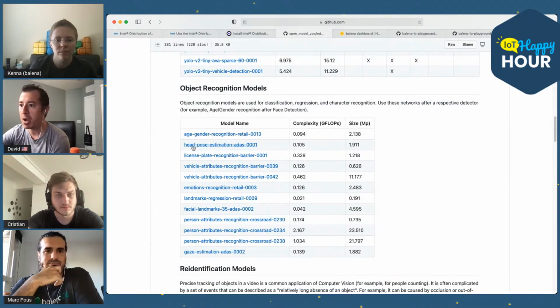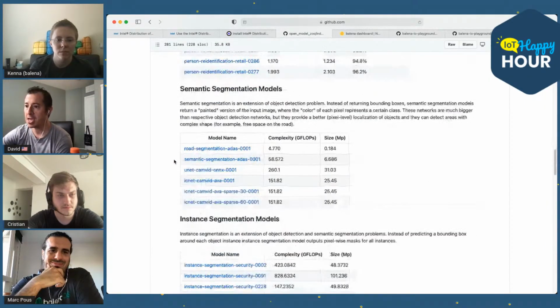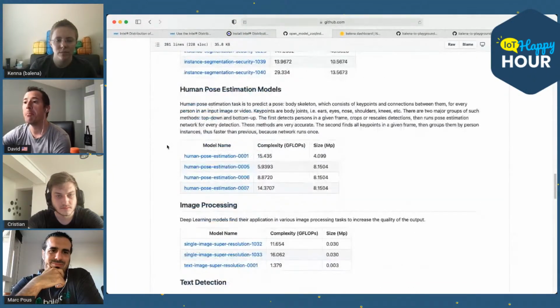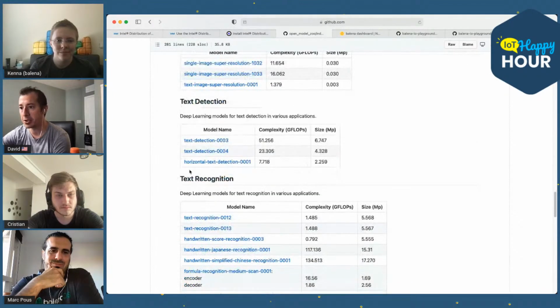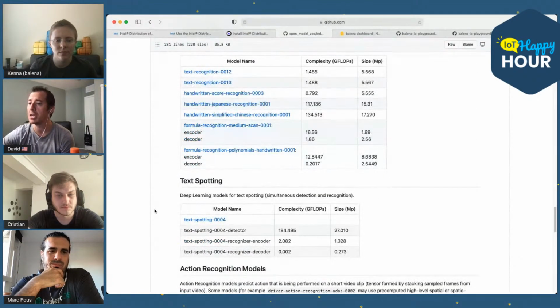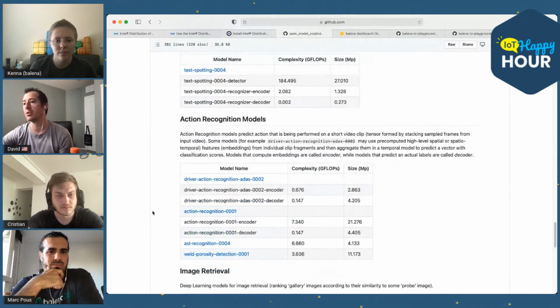License plate, head pose estimation, age and gender, person re-identification. Then we get into semantic segmentation, human pose estimation, text detection. These are all the models themselves. These are pre-trained and ready to be deployed.